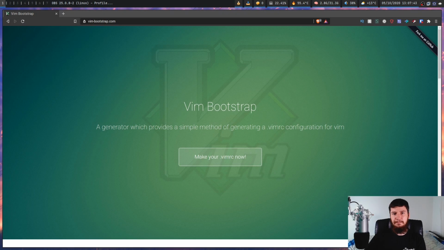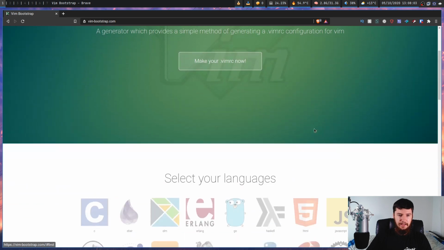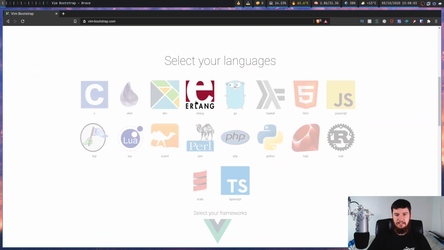Today we're looking at something a bit different. So there is a Vim plugin component, however the plugin itself isn't really that important. This is a website called Vim Bootstrap, which basically lets you generate a Vimrc with all of the basic stuff you're going to want to have if you want to do any sort of programming work inside of Vim. Now, if we scroll down, as we're going to see, there's a pretty decent selection of languages in